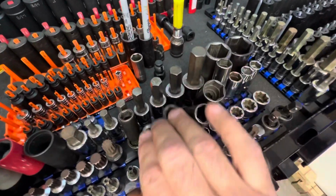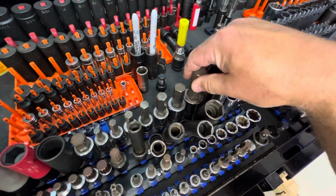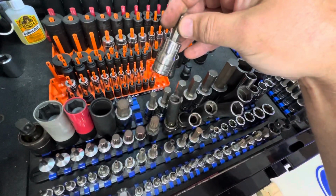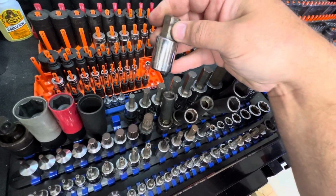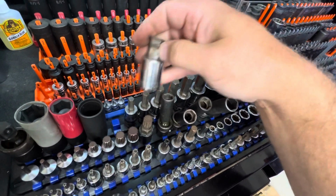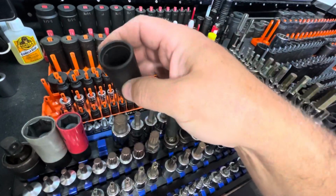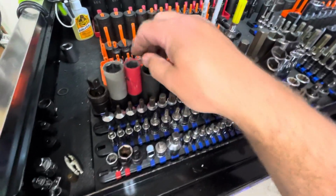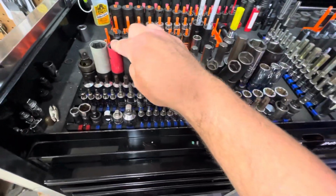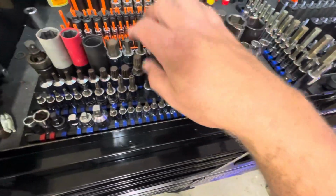We have Snap-on half-inch drive hex 3/4 inch down to 5/16 of an inch, all on half-inch drive. This one here is a Matco 17 millimeter half-inch drive hex. This is for removing stuck locking lug nuts, protective cover lug nut sockets, universal,